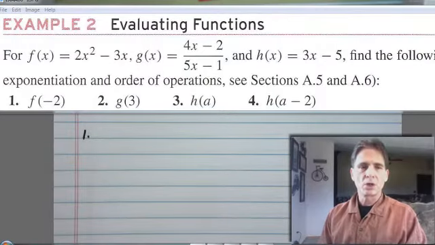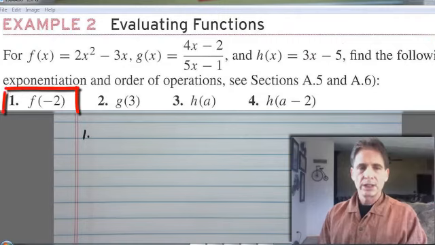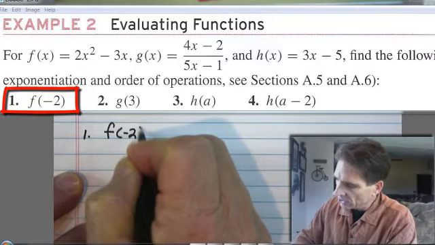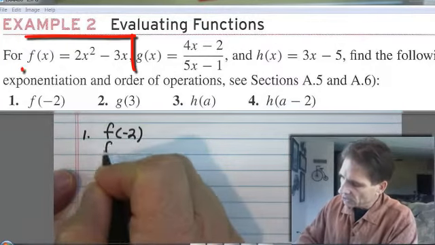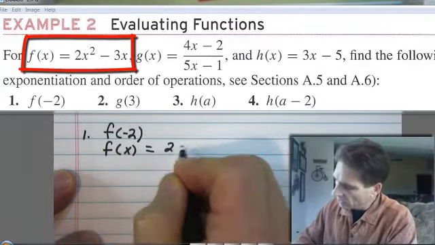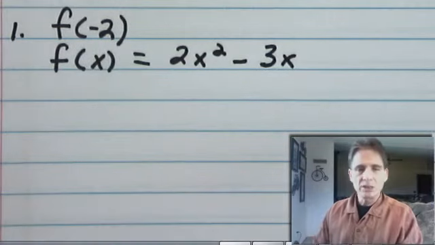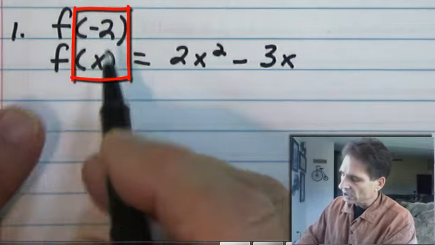We're ready to tackle the problems in example 2. The instructions say find the following. And part 1 has f of negative 2. So we need to understand what the meaning of f of negative 2 is. Well, the original equation from above is this, 2x squared minus 3x. So the meaning of f of negative 2 is when x is equal to negative 2,